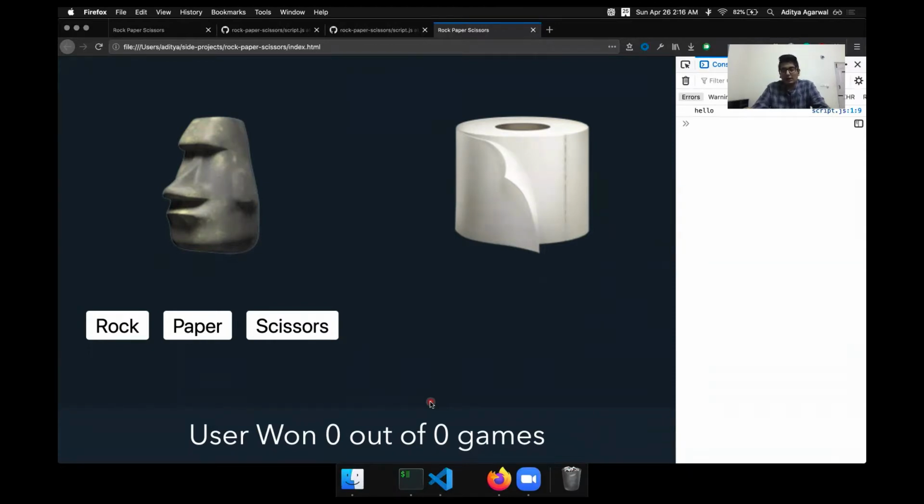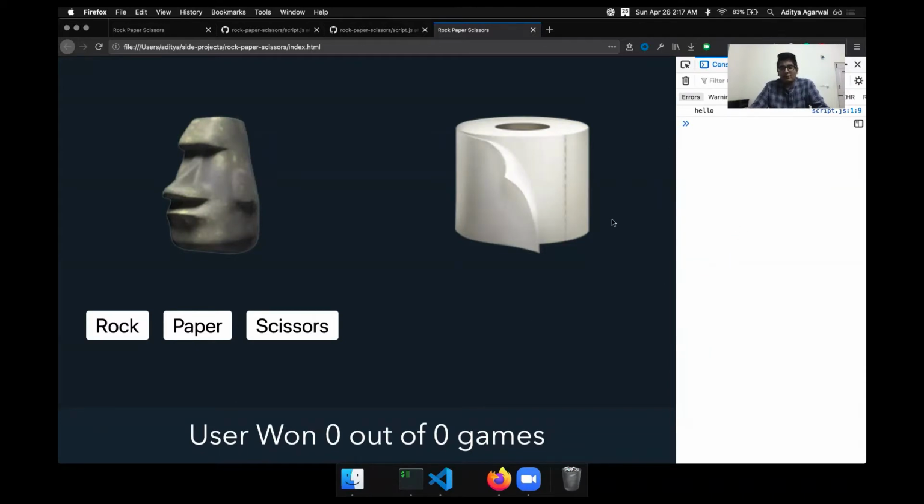And once we know that information, we have to show the picked choices here. If the user picked rock, there should be a rock image. If they picked paper, the paper image should be here. And if the CPU chose scissors, there should be a scissors image here. And when we know whether the user won or not, we have to update these values from 0 to something which we will find out. That is how I'll be thinking of this in layman's terms.